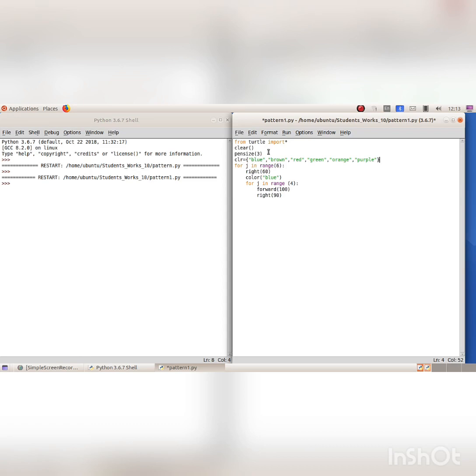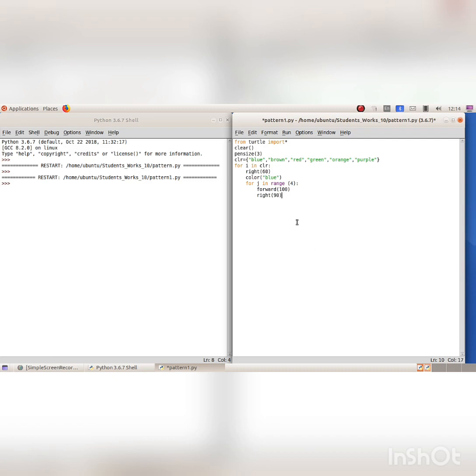Thereafter, when the loop instruction for I in CLR is executed, it selects all the 6 colors one by one as the value of the variable I. Note the change in the for statement made for this purpose. Later, when the command color I is given, the square gets a different color depending on the value of I.